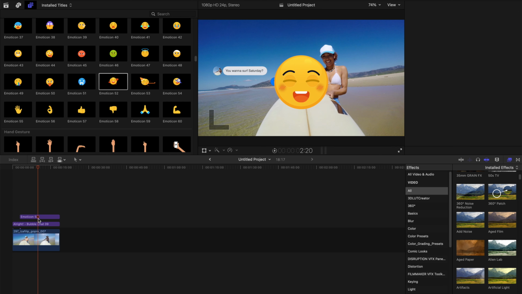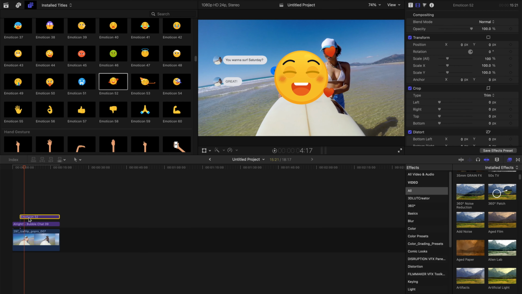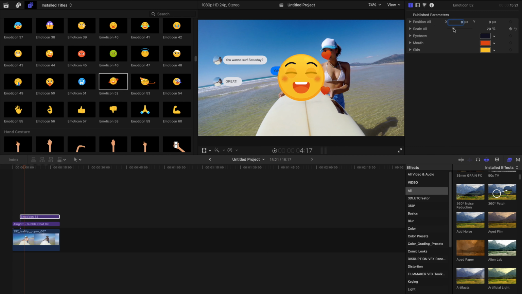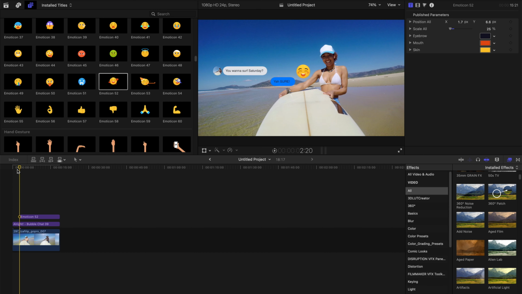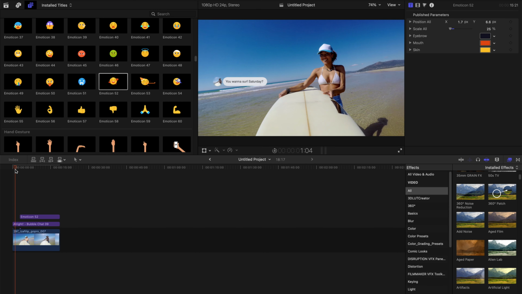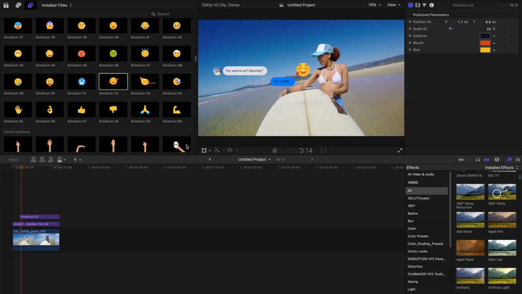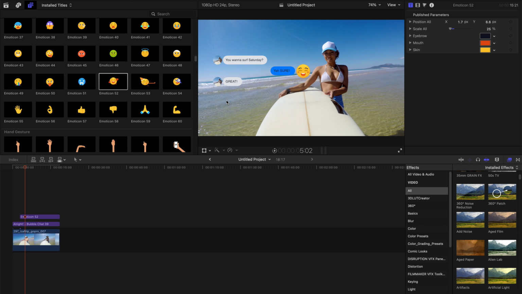And then of course it's too big, so I'm gonna change the scale like this and change something like this. Yep, something like that. So you wanna serve Saturday? Yeah, sure. And yep, great. Maybe add another one